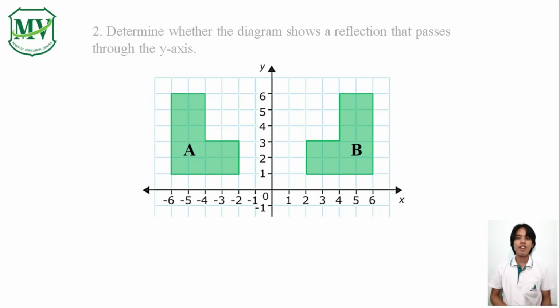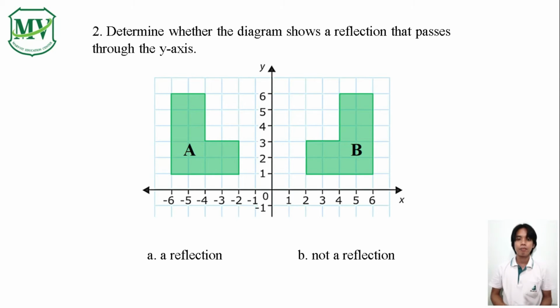For this diagram, we're going to determine whether the following transformation is a reflection or not. Our axis or line of reflection is the y-axis. Now let's start by looking at the corners in shape A and count how far away they are from the axis of reflection. And if the corresponding corners are equidistant, meaning the same units away from the axis of reflection,